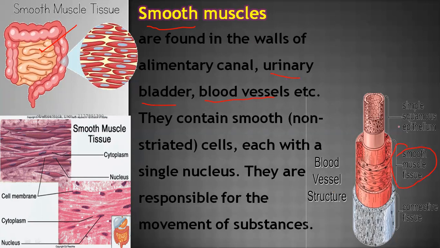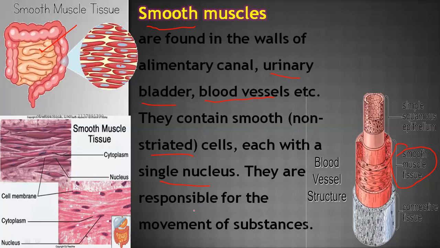Inside, we have also seen that in arteries and veins we are having squamous epithelium. Then outside of this there are three layers of smooth muscles and then connective tissues. It is having connection with other organs also. They contain smooth cells. It means they don't have any striation, you can see here, as well as they are having a single nucleus in one cell. You can see here a single nucleus in one cell.